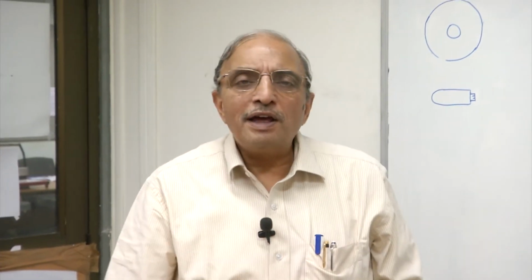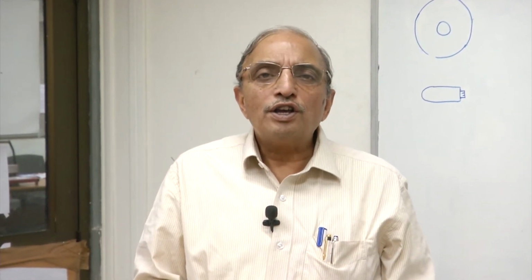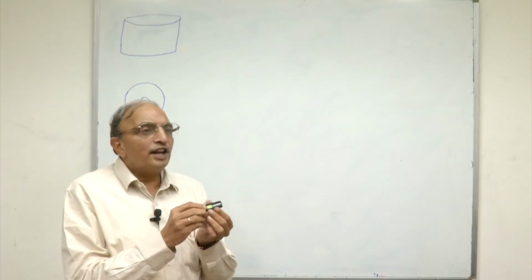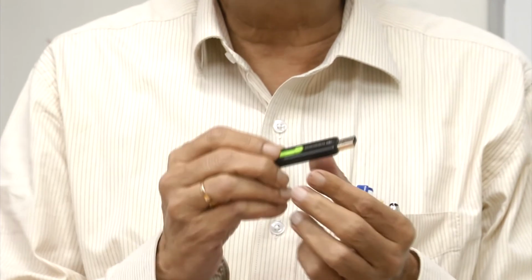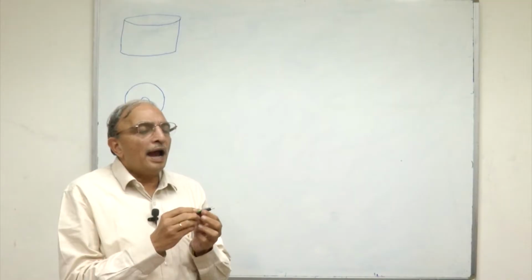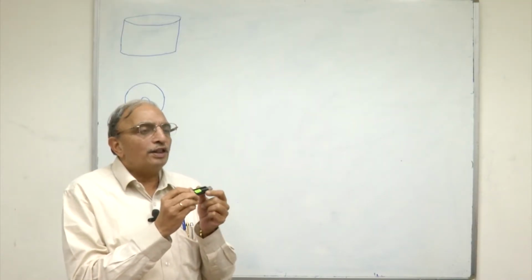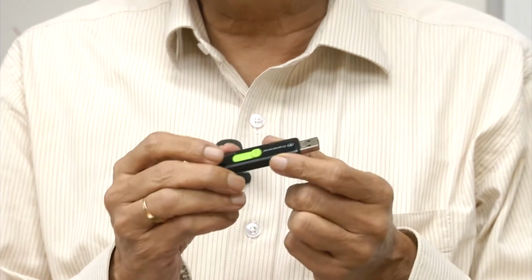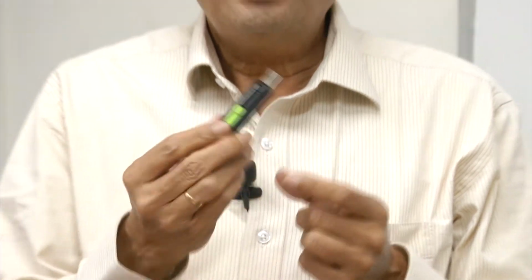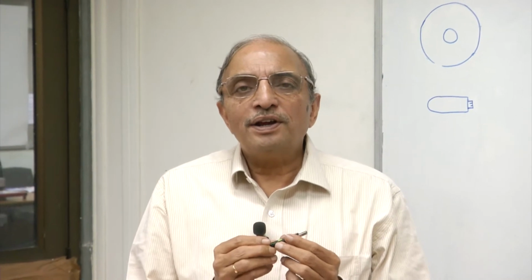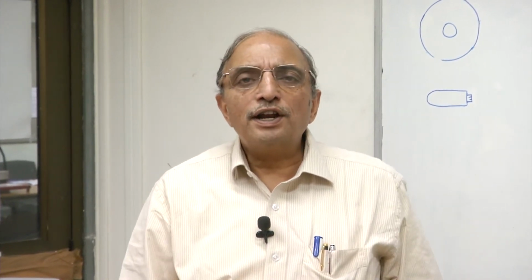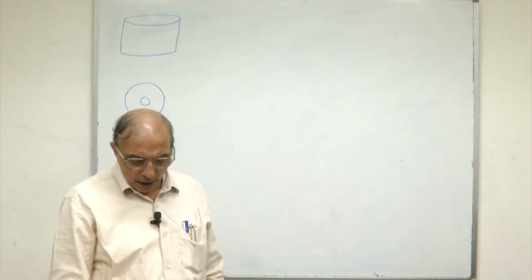You would also be familiar with data which is stored on smaller devices which are traditionally called pen drives. They have a USB port which can again be connected to your laptop or desktop, and the files which are stored on this small device can be read from this device into your programs or written onto this device. The pen drive uses a flash memory technology. So, we saw very briefly three different types of technologies that are used to store data externally.